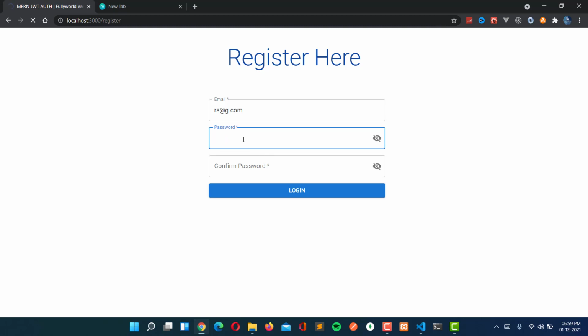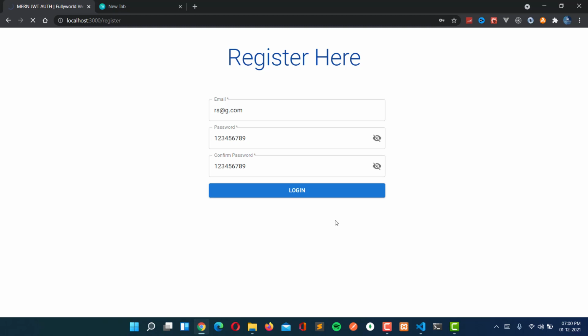So here anything like 1 2 3 4 5 6 7 8 9 and 1 2 3 4 5 6 7 8 9. Now this will do nothing. So we have implemented this register page successfully, and in the next video we will implement the forgot password and reset password pages. After that we had to create one more page, the send verification email page. But I think we actually don't need that, so we will not do that.